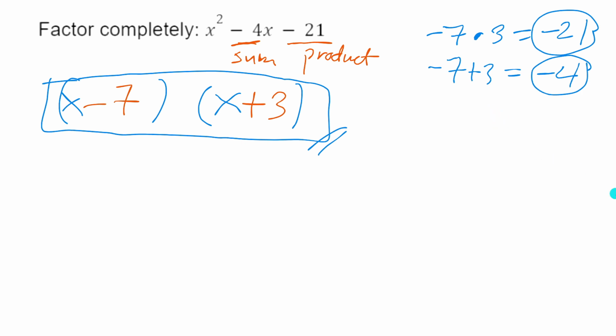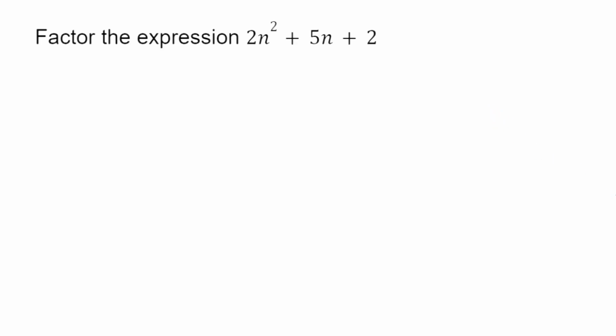Okay, so next one. So factor the expression. So this one already, the a here is not anymore equal to 1. Okay, so it's now 2. So factor the expression 2n squared plus 5n plus 2. Okay, so again, if you see this kind of example, what do you first do? Our goal here, okay, let me write first the given. So you have here 2n squared plus